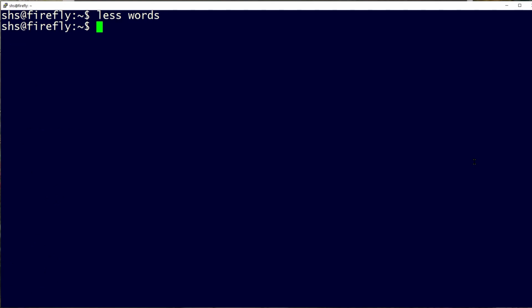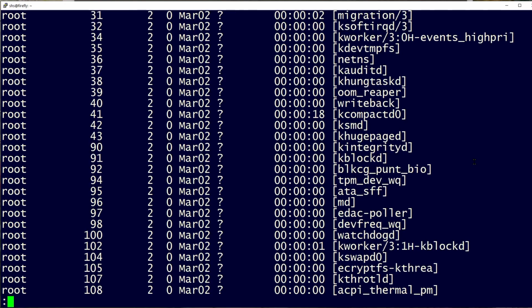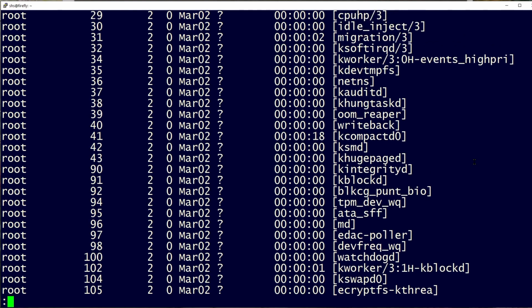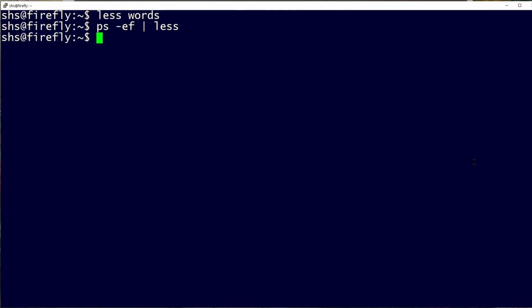Now you could also pipe the output from other commands to the more or less commands to view it a screenful at a time, and with less, again, you can go up and down. So let's go ahead and look at a process listing and pipe that to less. So we can see there's a bunch of our processes. Hit spacebar, then I'm going to hit the up arrow key to go back up, and there's the top of the display there, and Q to quit.